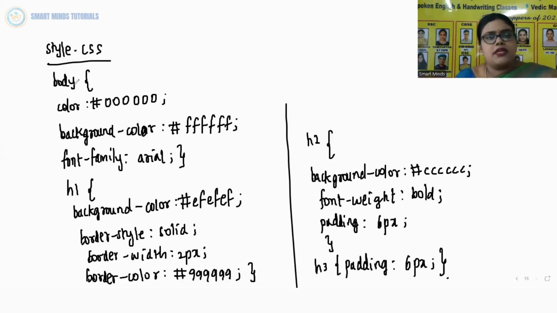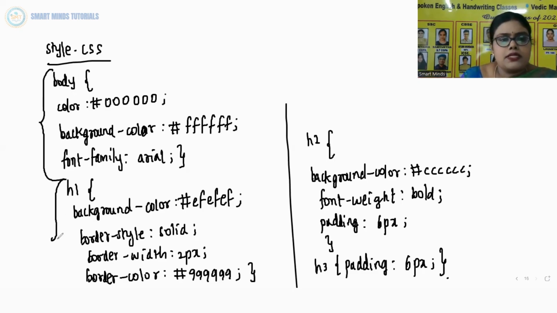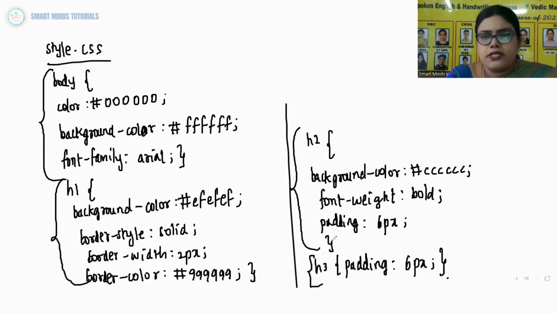So as you can see, the selector body is rule 1. From here to here, it is rule 1. This is rule 2. This is rule 3. And this is rule 4. Okay. So let us see what is the effect of each CSS rule on the XHTML document's elements.